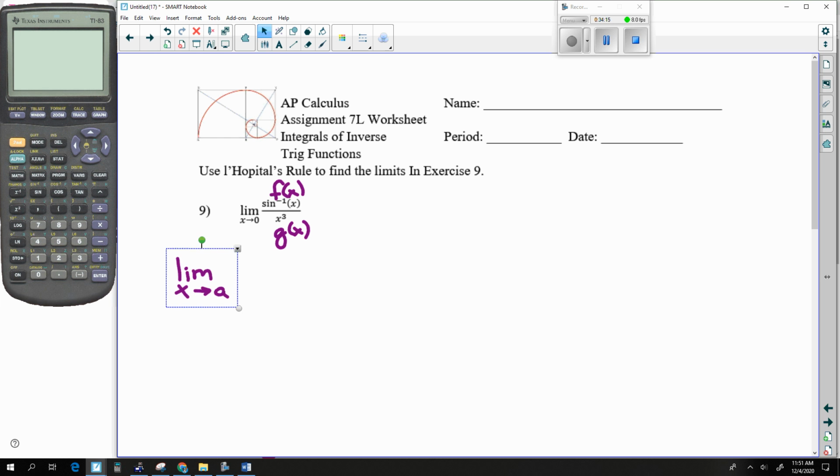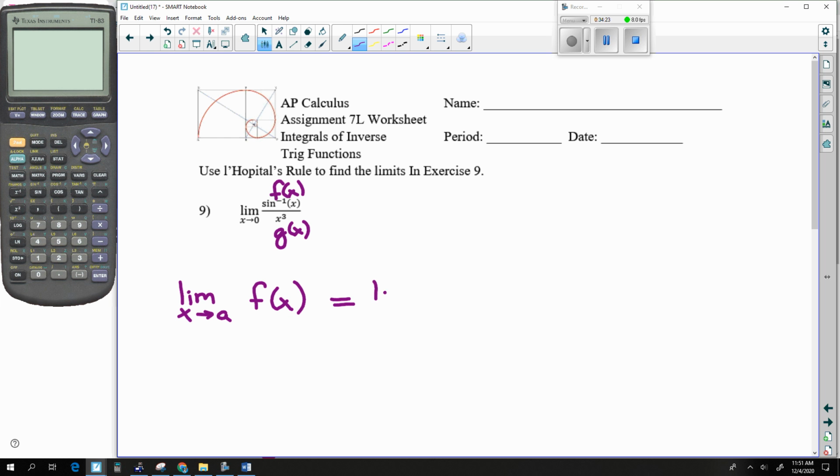If the limit of the numerator is the same thing as the limit of the denominator, and that is equal to 0 or positive or negative infinity simultaneously,